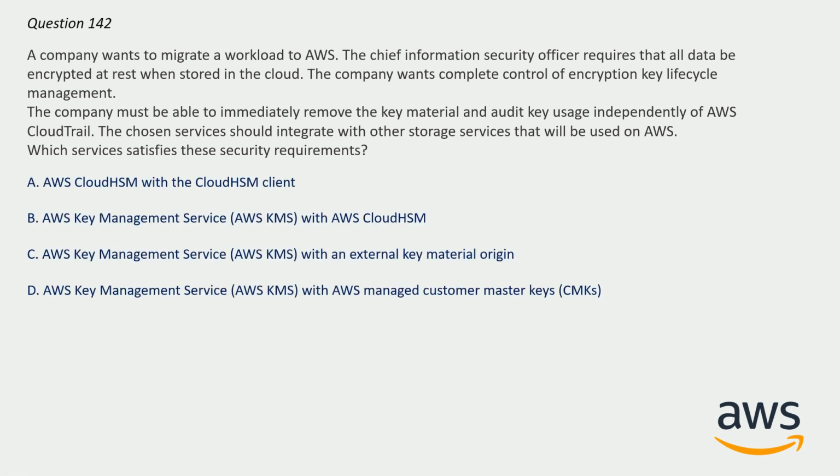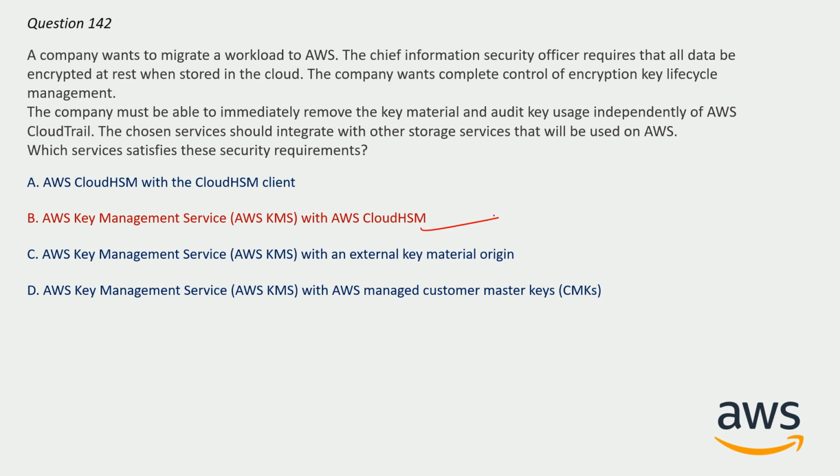And the correct answer here will be option B, AWS Key Management Service, that is AWS KMS with AWS CloudHSM. And this is because you can store the KMS customer master key in a custom key store instead of the standard KMS key store. Custom key stores are created using an AWS CloudHSM cluster that you own and manage. This provides you direct control of the hardware security modules that generate the key material for your CMK and perform cryptographic operations with them. To get started with custom key stores, you first need to create an AWS CloudHSM cluster. So option B is correct here.